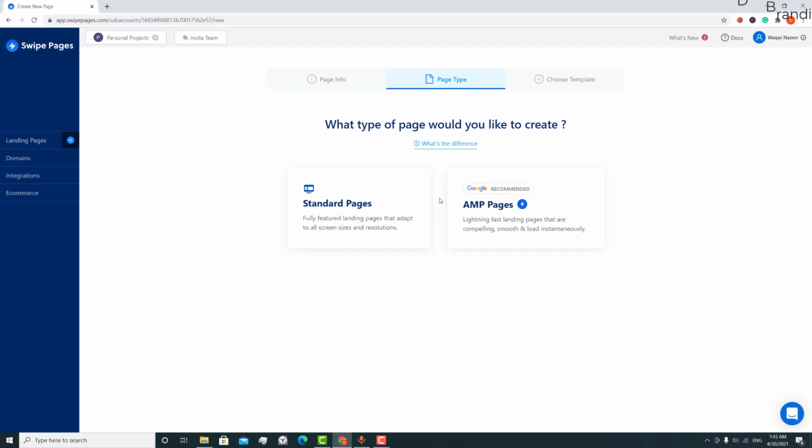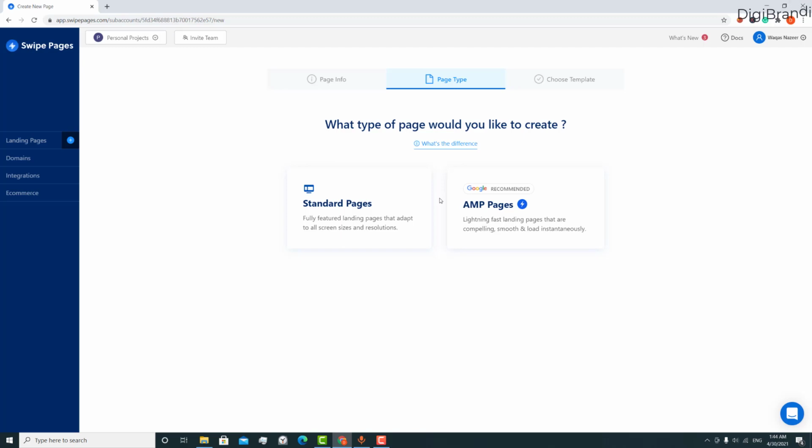So what are they for? If you are going to advertise on some search engines like Google, it's better to use accelerated mobile pages or AMP pages. It will help you rank your ads, or if you are going to promote your page using SEO, it will help you rank higher because of high speed.